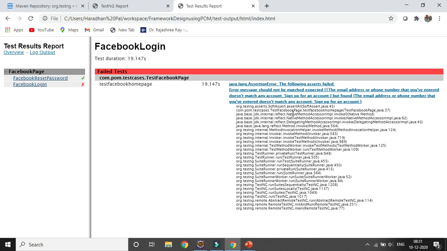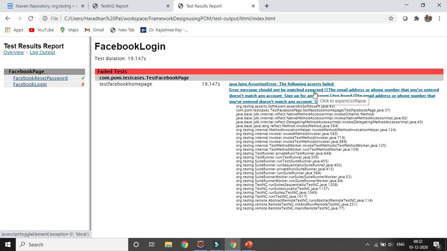Okay, now say I want to append some screenshot here. Definitely I will create a session where I will show you how you can create a method for capturing a screenshot and how you can associate it either with TestNG or with Extent Reports, and also how you can implement a listener class.